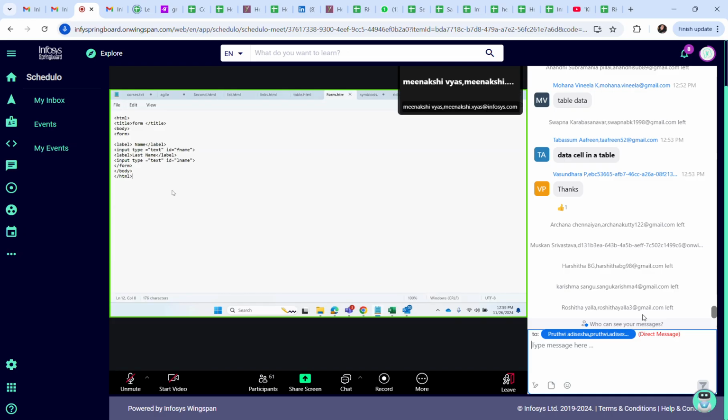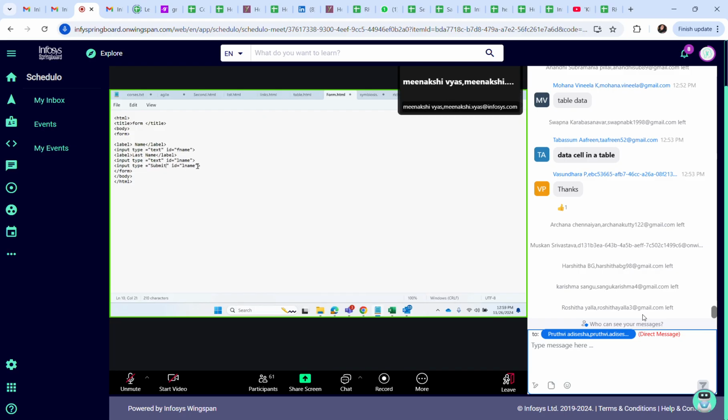Now I want a submit button where I can click and submit. So simply I will write input type equal to submit. Control C, input type equal to submit.